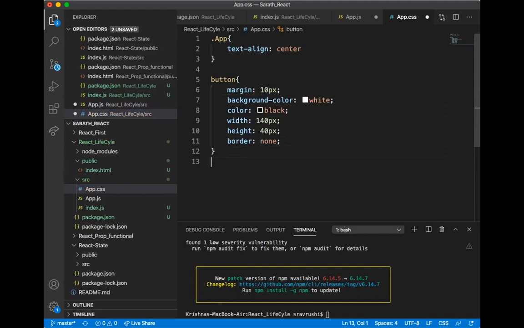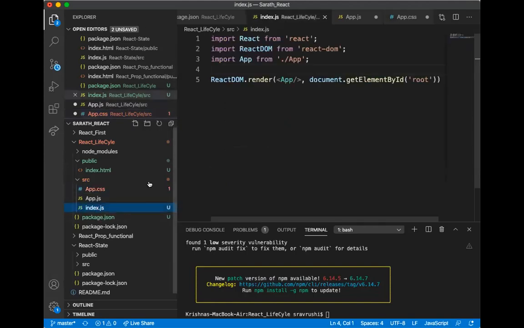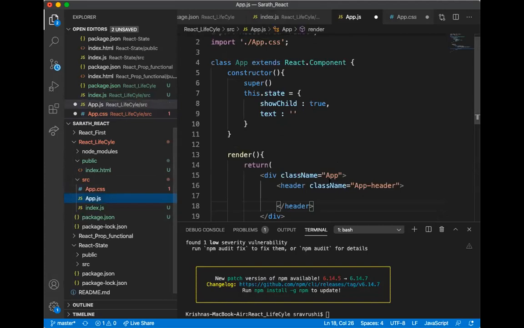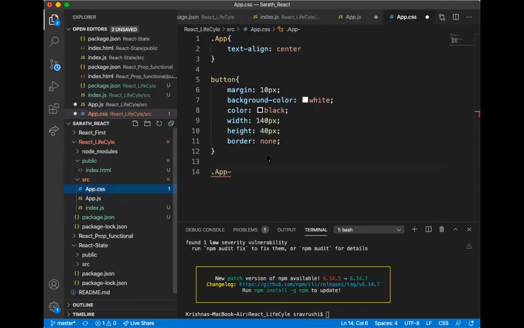I am also going to take the app header, the class we already created in the component. For this class I am going to write a style.